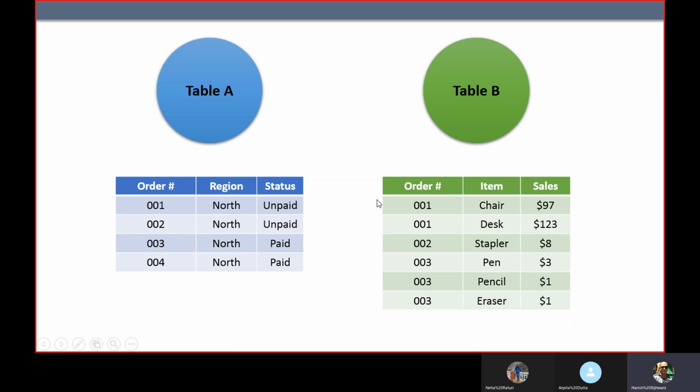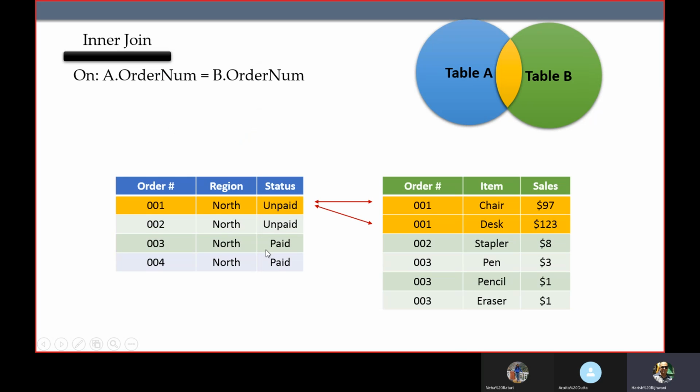Many times you can get duplicates in joins. So here if I see, right, in this table I will be joining on order. So I have an order number, primarily I'll be joining on that. So order number 001, if I see on the left hand side table, there are two records for order number 1 on the right hand side table. 002, I have one record. 003, I have three records, and 004, I don't have any records.